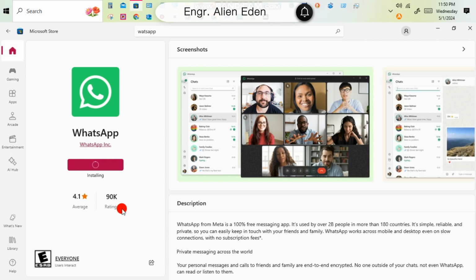After fully download, it will automatically start to install. Click open,